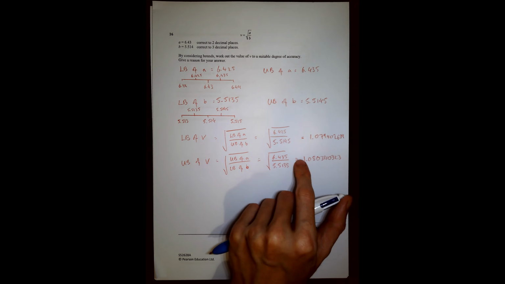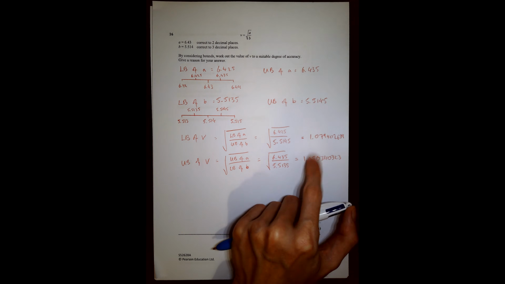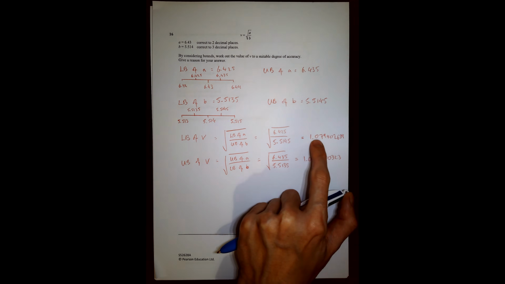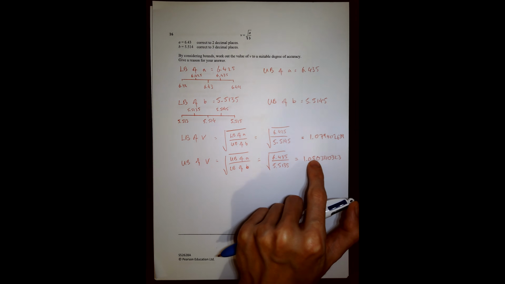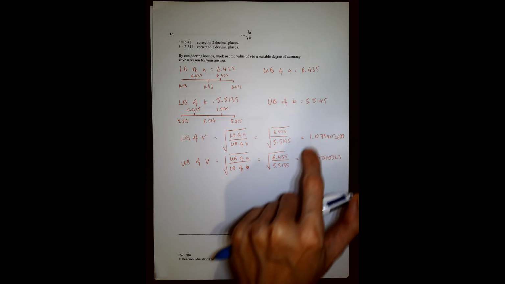Okay, now from there, if I look at the upper bound and lower bound of V, to one decimal place they will both round to 1.1, so that's the same, that's fine. Check two decimal places. Two decimal places will round to 1.08, so they're both the same, so that's good. Try three decimal places. 1.079,